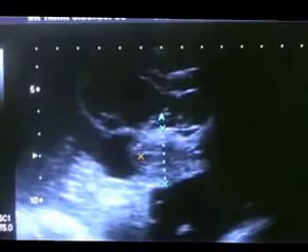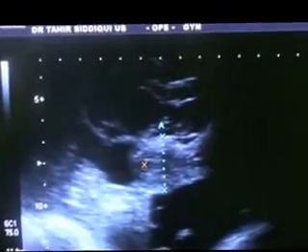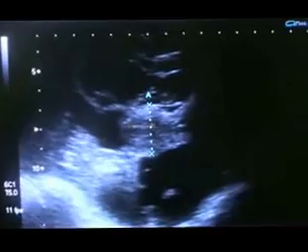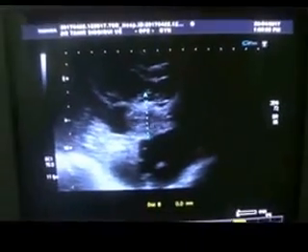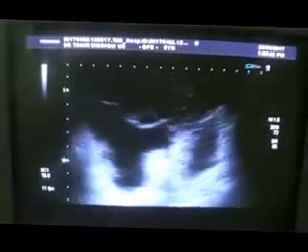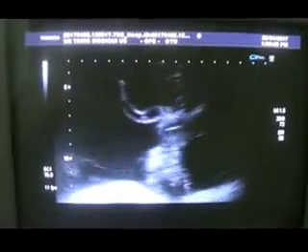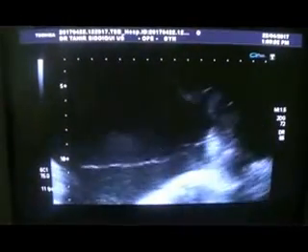keeping in view that this is a case of infertility. This is the endometrial canal. This is the longitudinal view of the uterus in this patient. Now, this cystic area that I am saying, this fluid or cystic area, so far